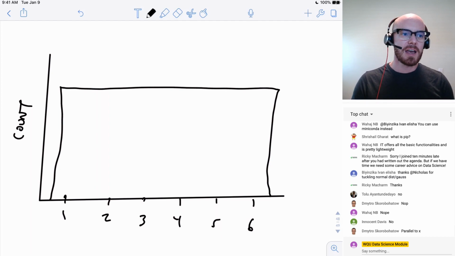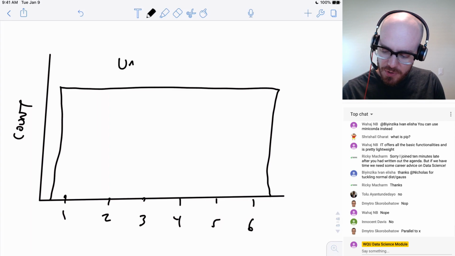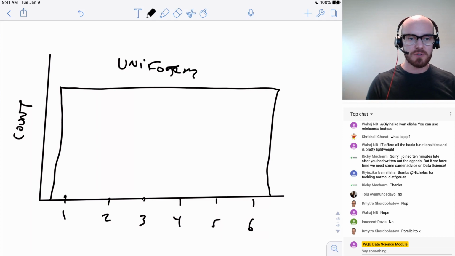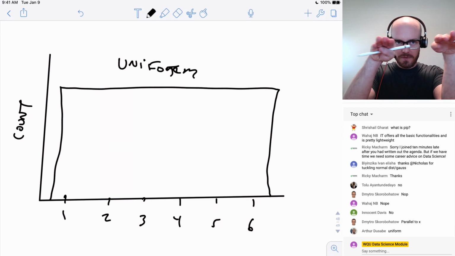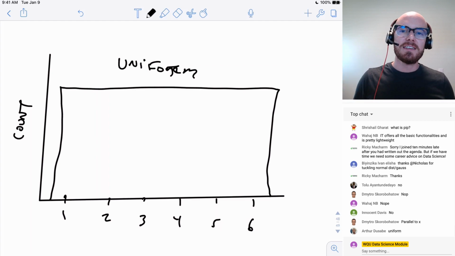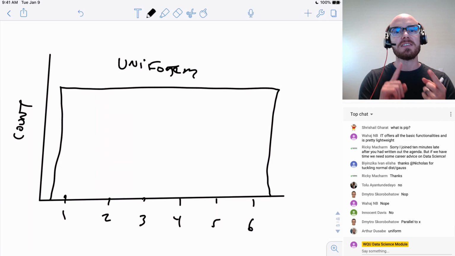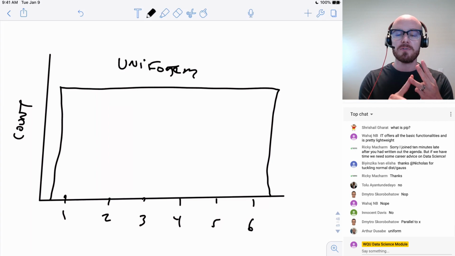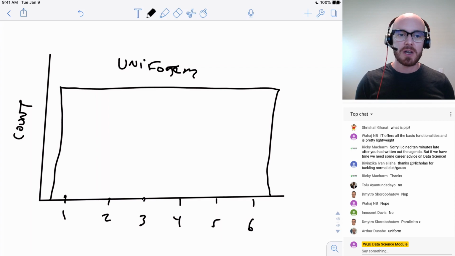And we call this a uniform distribution, because it's uniform along the top. The idea is that your chances of rolling one particular number out of a six-sided die are always 1 out of 6. And so over time, you're going to get the same number of ones, the same number of twos, the same number of threes, et cetera. So like author says, you're going to get a uniform distribution. So in that case, it's not going to work.